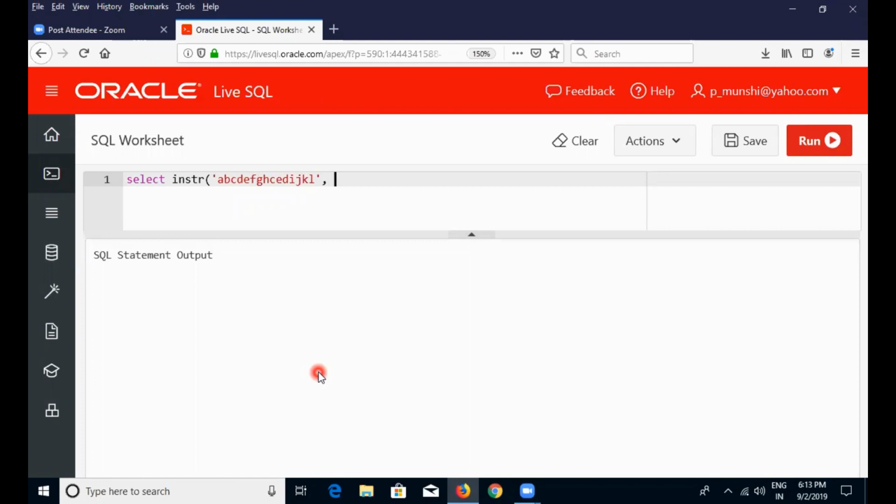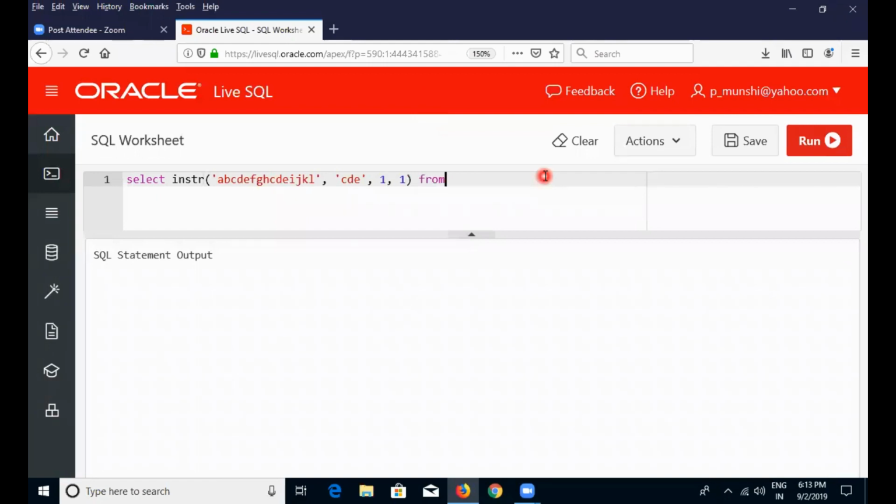The first argument is the data, and then CDE. This is the search string, meaning I want to find CDE in the data. Actually, you know that there are 2 CDEs. One is this that I am highlighting, and then another CDE. Sorry, I will have to put it in capitals, CDE. So this is the second occurrence of CDE. There are 2 occurrences, one here and another one here. And we say CDE, and then 1,